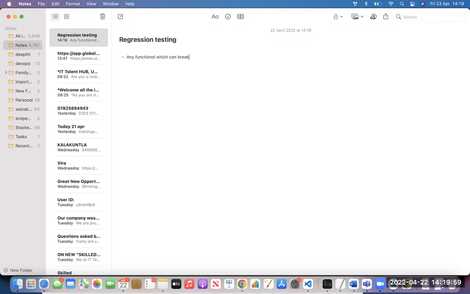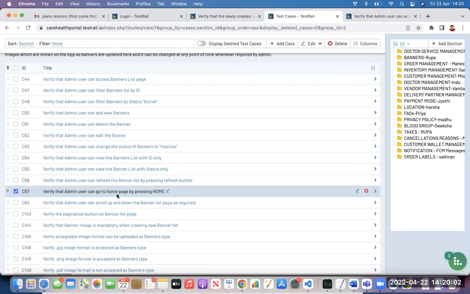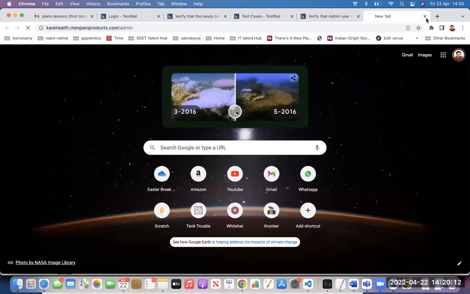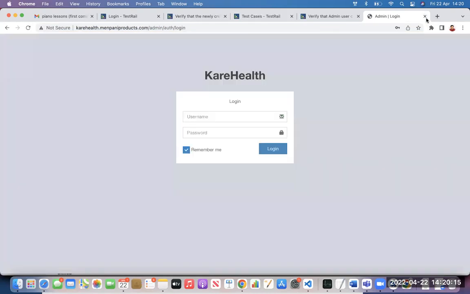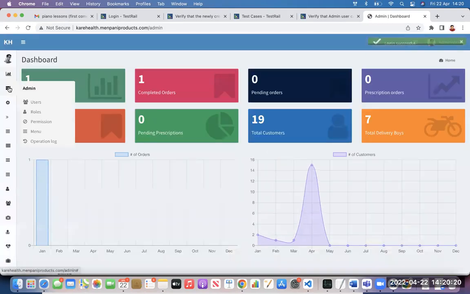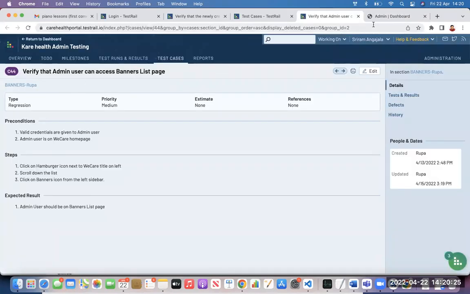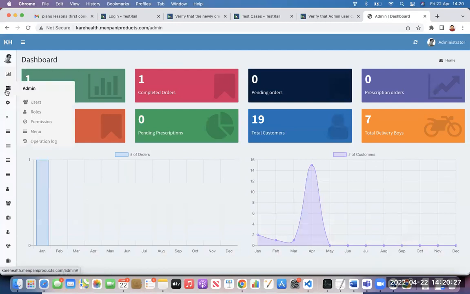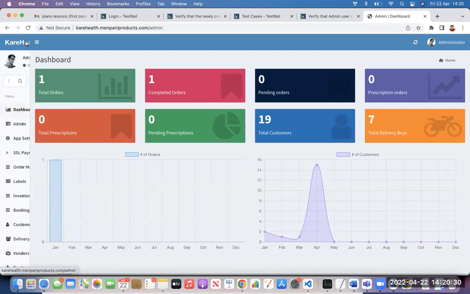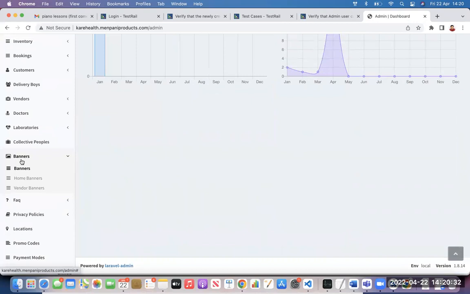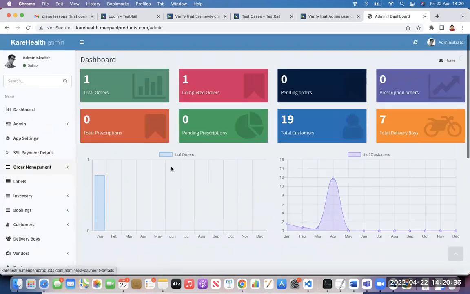Think from an example: you click on home page and it will go to the home page. Can this functionality be broken normally? No. I mean, this is arguable, but normally the functionality will not be broken. For example, somebody had developed a page. What is your module? Yours is banners, right? So if you go to the banners,